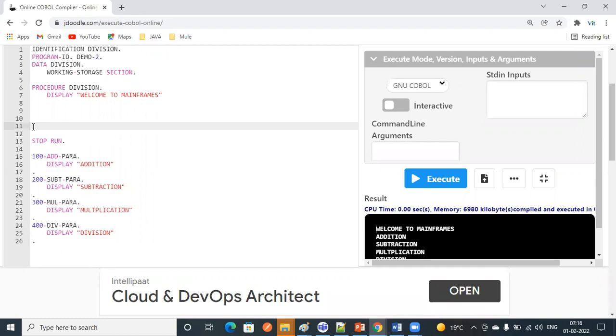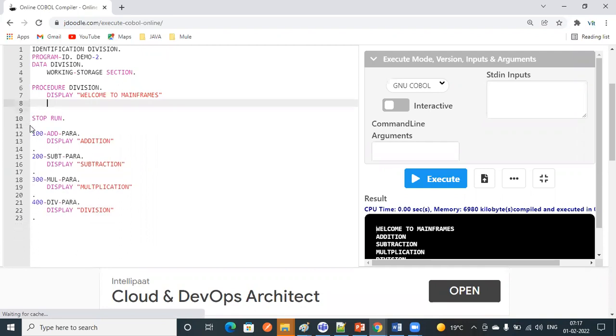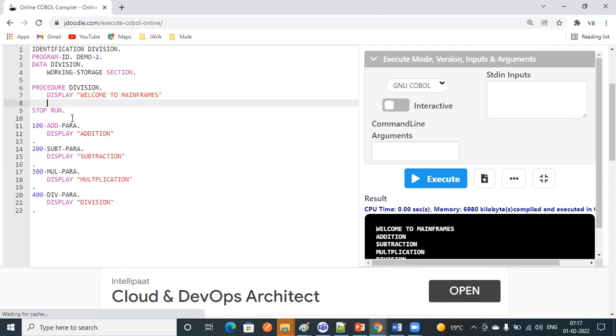See, I'm not combining everything. What I'm doing is I'm dividing everything, like bits and pieces, and keeping it into a structured format. Okay. See, the previous one also will work, but what is the difference between the previous code? If you want to write everything in procedure division and paragraphs, this is a major difference. I'm going to explain.